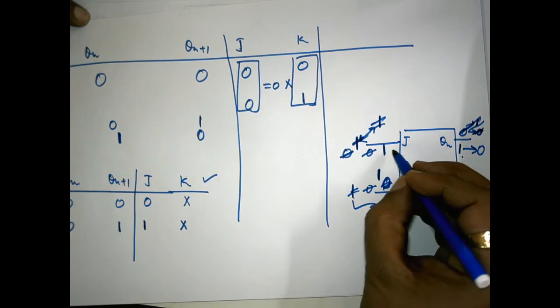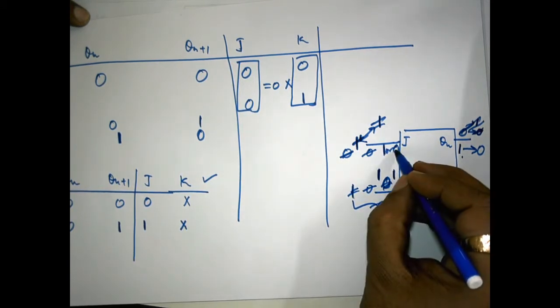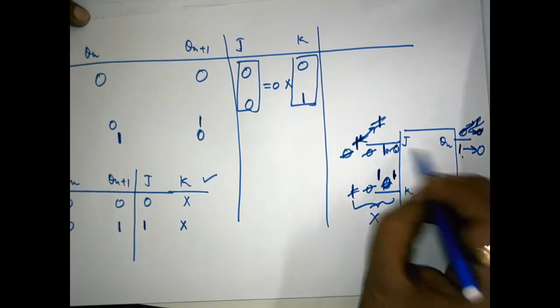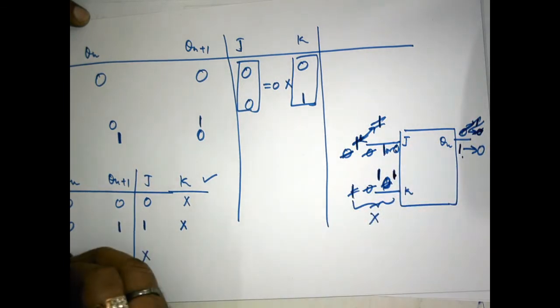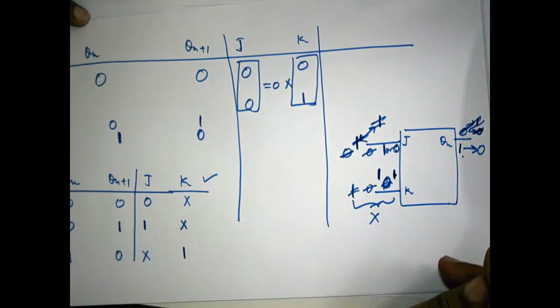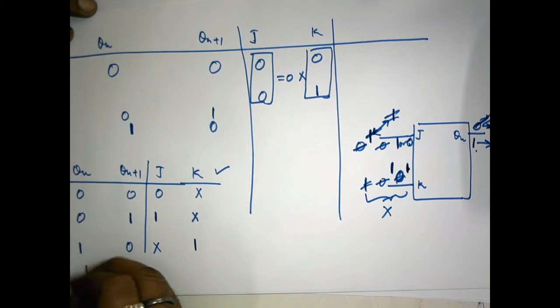Okay. Now 1 1 or 0 1, that is, 0 applied at J and 1 applied at K, will also give you the same situation in the output. This means at the J point you can apply either 0 or 1, meaning don't care, and at the K input, 1. Okay. Getting my point?